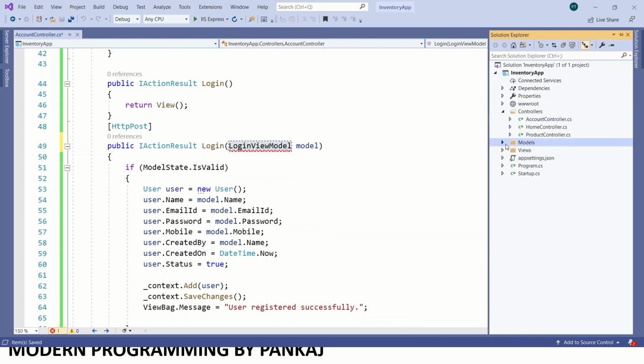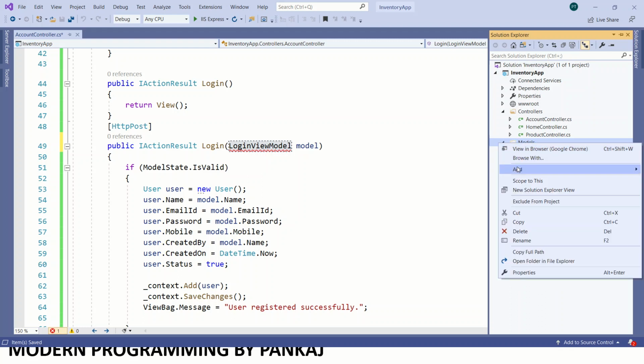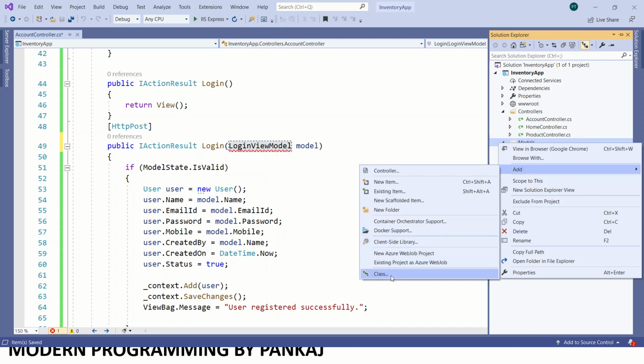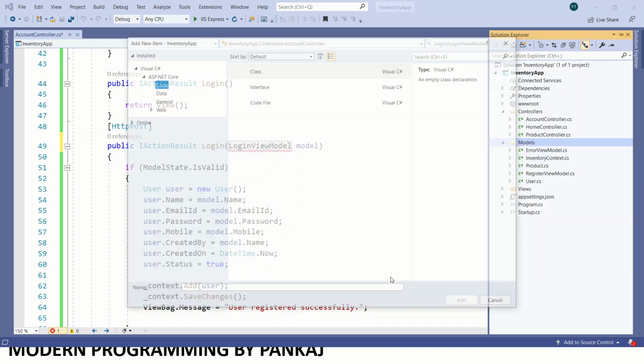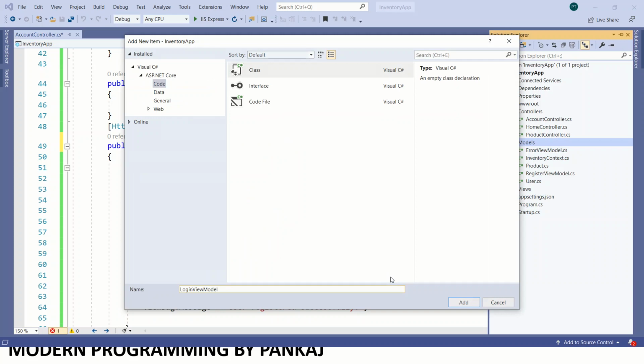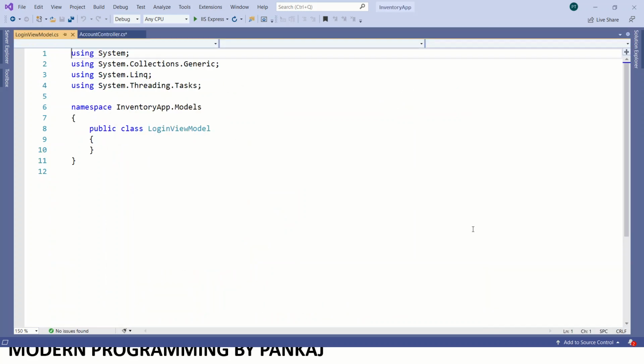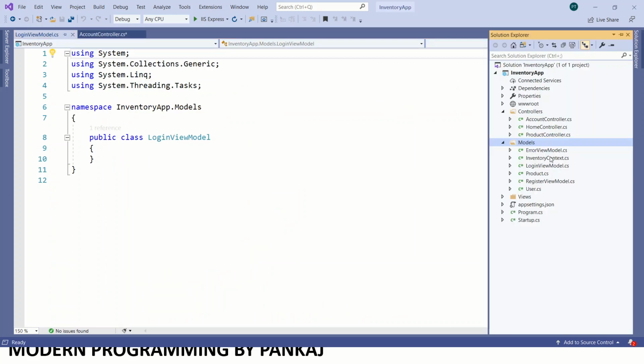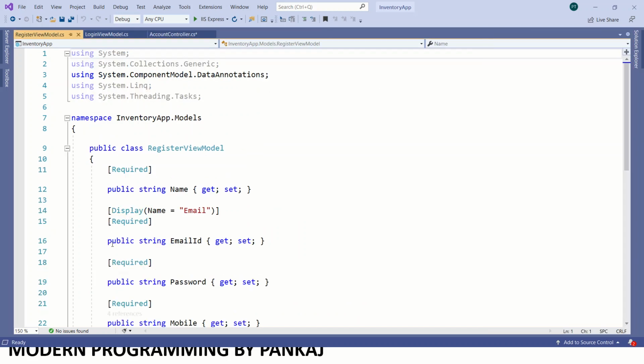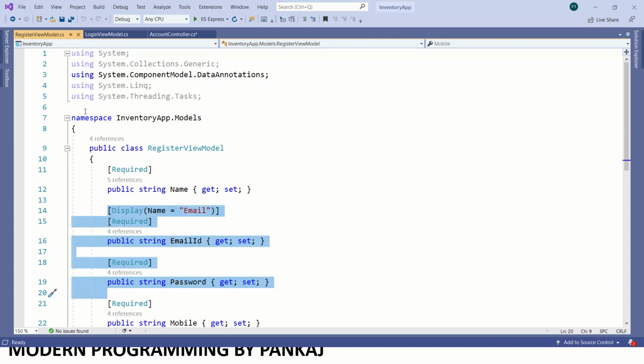Just right click on this, click on add, and then we'll add one simple class which will have only two properties: Email ID and Password.